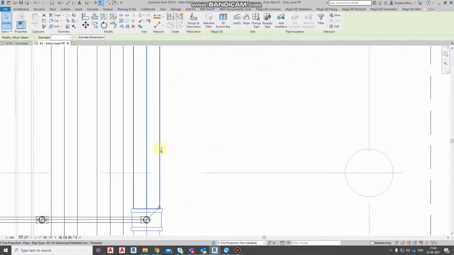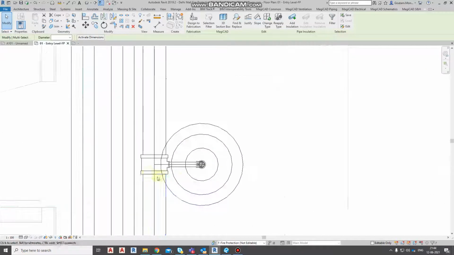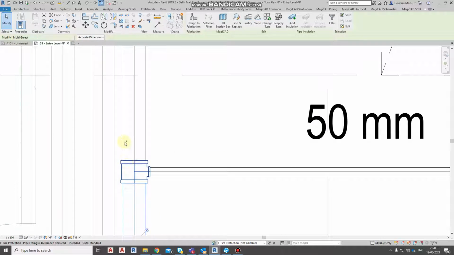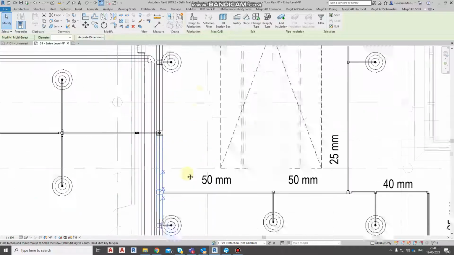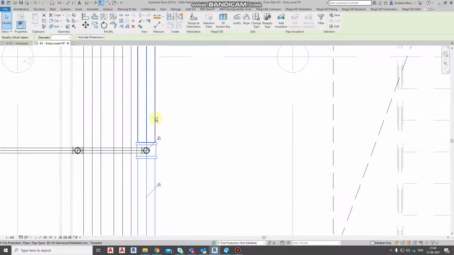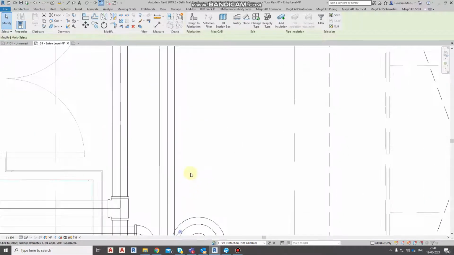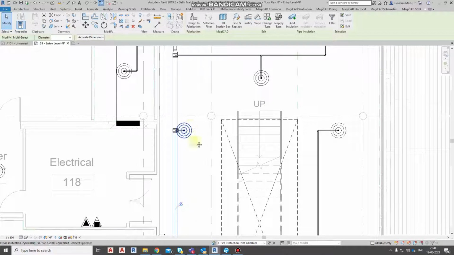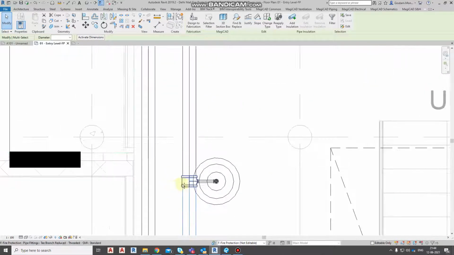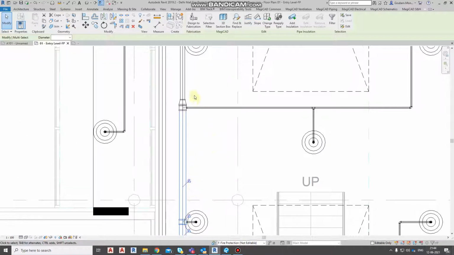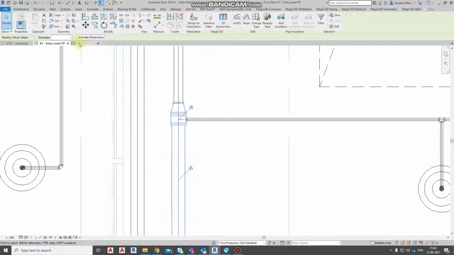Select. So up to here we have to keep 100 mm.